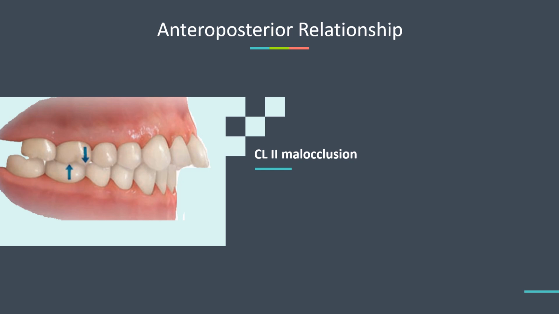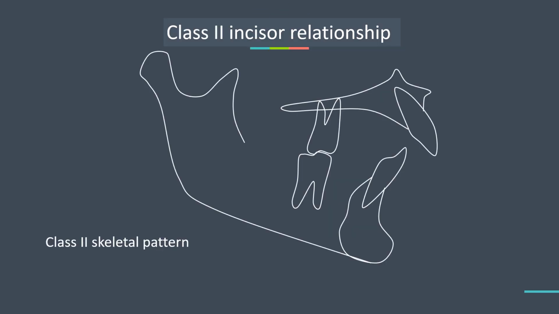In Class 2 malocclusion, according to the incisor classification, the incisal edge of the mandibular central incisor occludes posteriorly to the cingulum plateau of the maxillary central incisor. The Class 2 relationship between the mandibular and maxillary central incisors may be due to the Class 2 skeletal pattern,